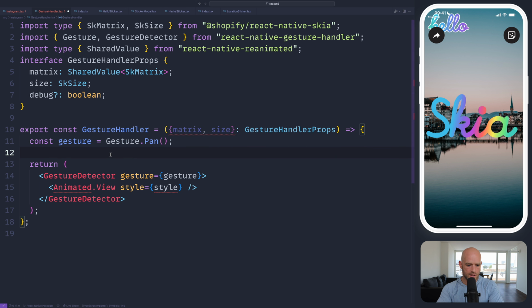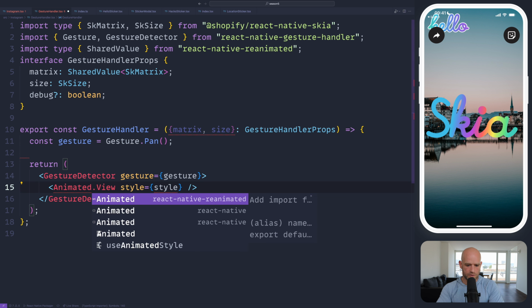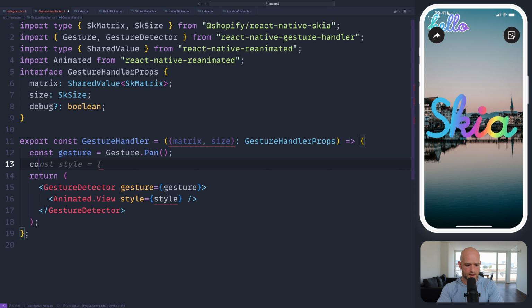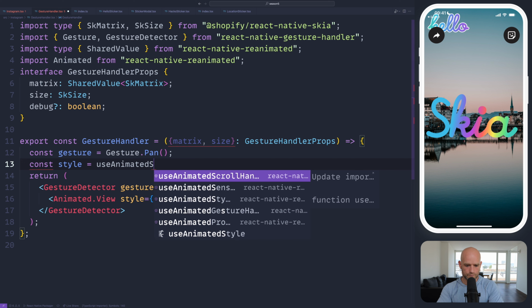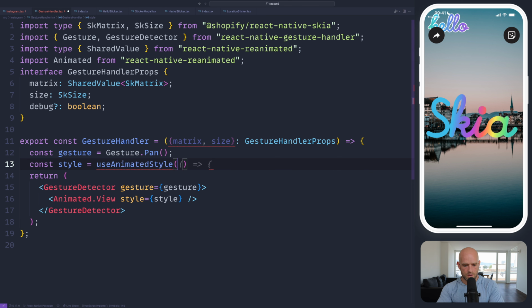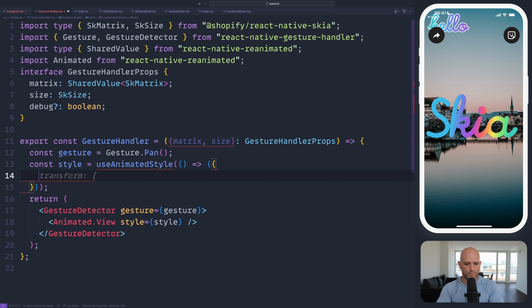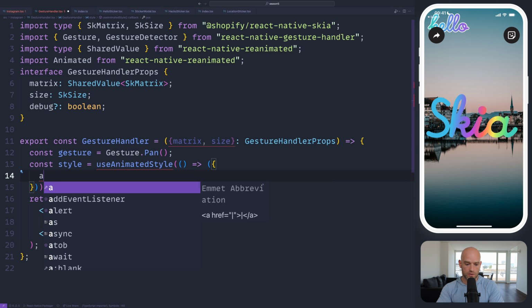Fits perfectly. So here from Reanimated, we're going to create an animated style. So useAnimatedStyle. So we need to have a position,